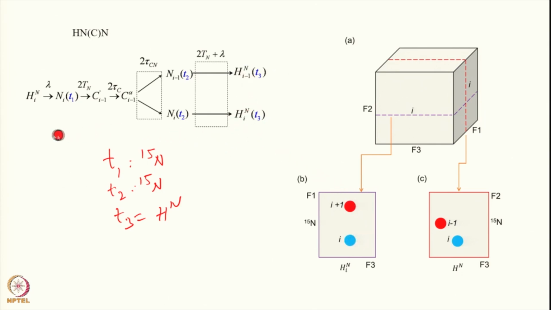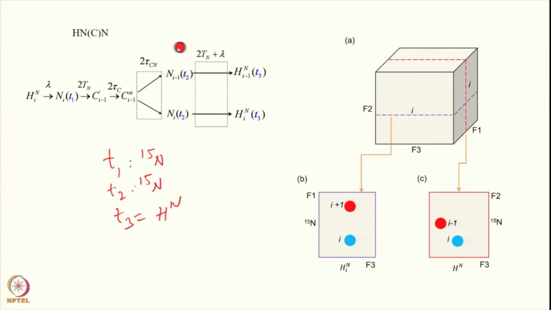Starting from the Hn of I, I am seeing I-1 and I, correct. So here Hn of I residue to I and I plus 1, okay, sorry. This will give you I and I plus 1,